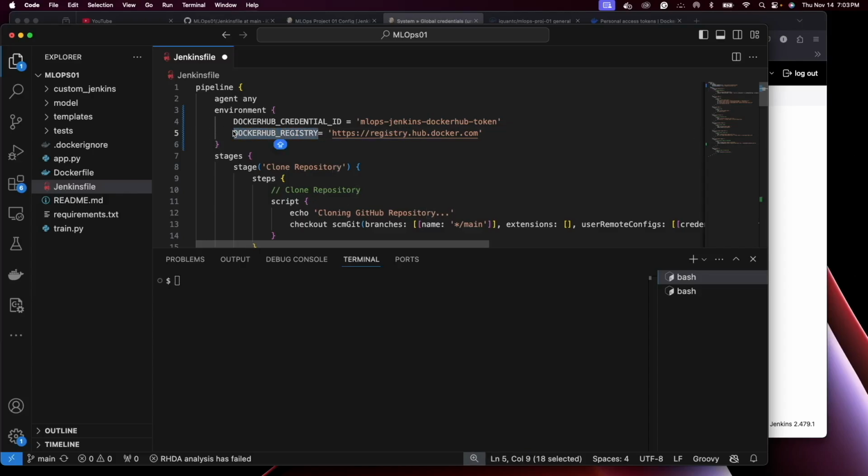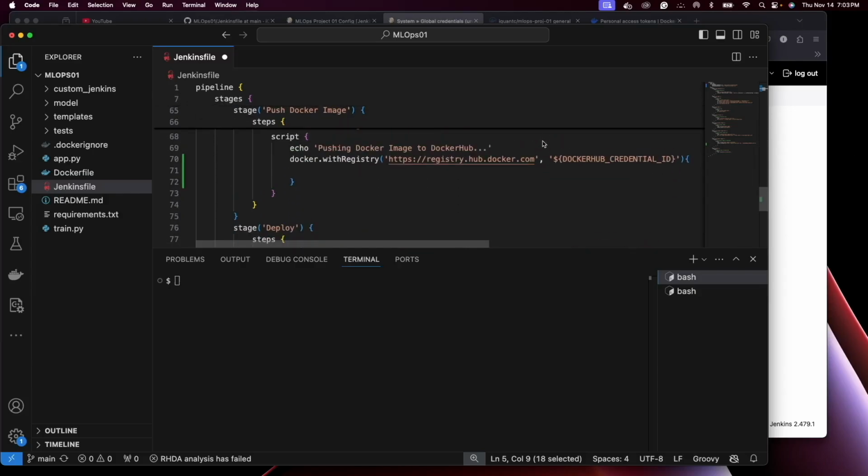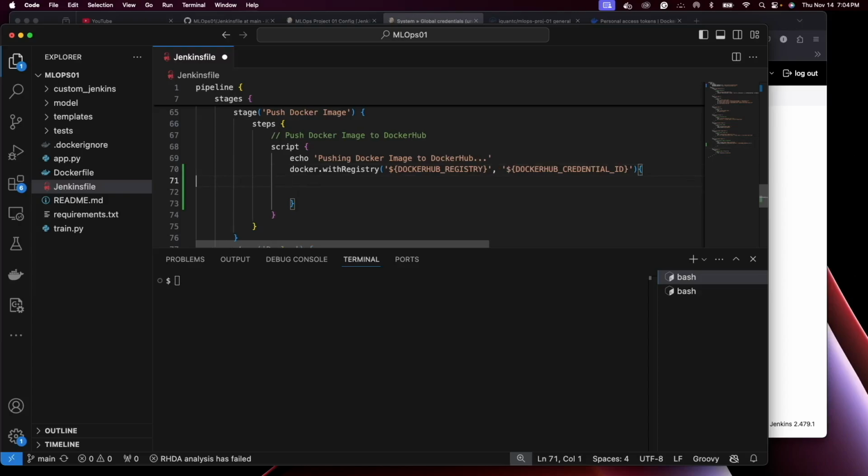And then we will need this variable to replace this. Okay. Next, now within this registry is where we will write a docker push command. So docker push command,